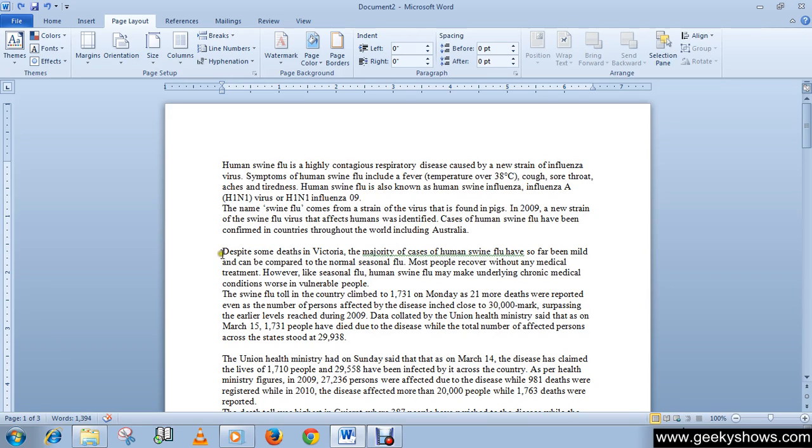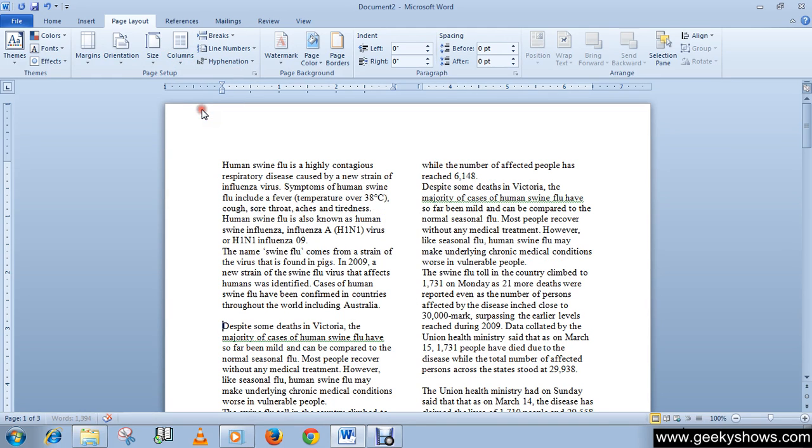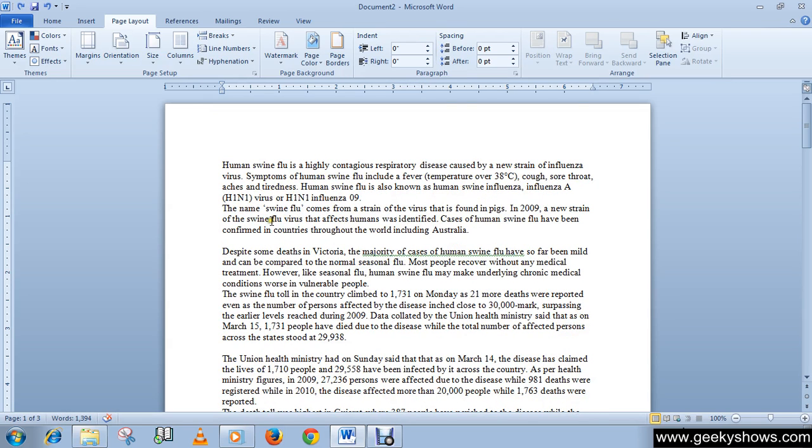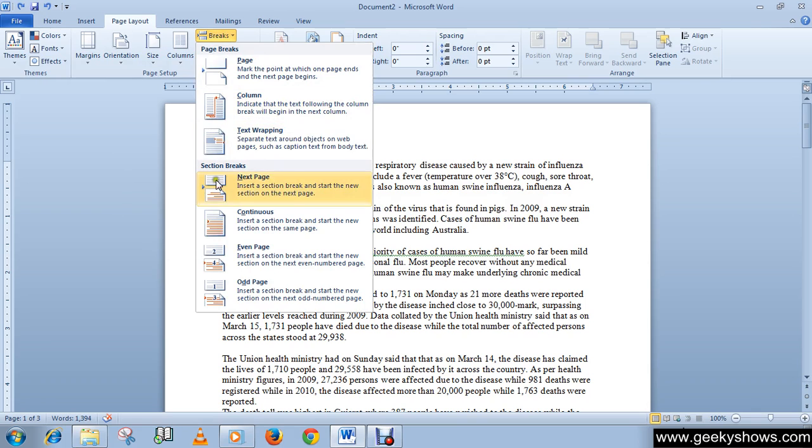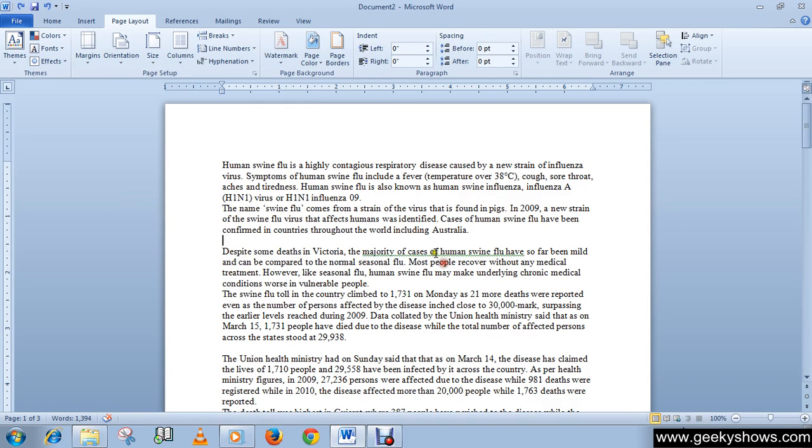So I'm just placing my blinking cursor over here, and I'm clicking on this option, Two. As you can see, my whole document is converted into two columns. This is not what I want. So in this case I will create a continuous section break.